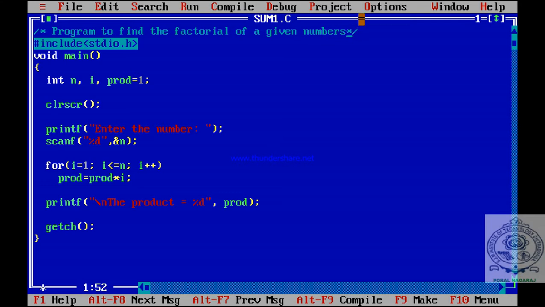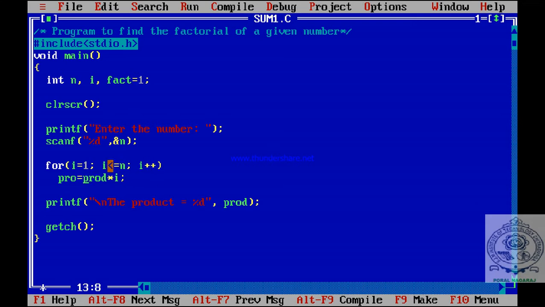Factorial is nothing but the product of natural numbers, the factorial of a given number. So that's just a comment I have changed. Here, instead of product I am finding the factorial; I'm just changing the variable name, and everything else will be the same. Fact is initialized to 1. Enter the number whose factorial has to be calculated. scanf n. For i = 1, i is less than or equal to n, i++.